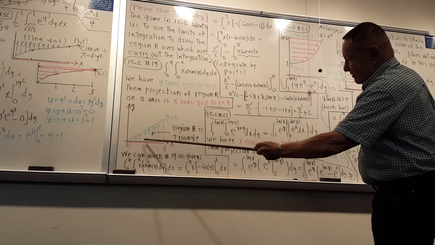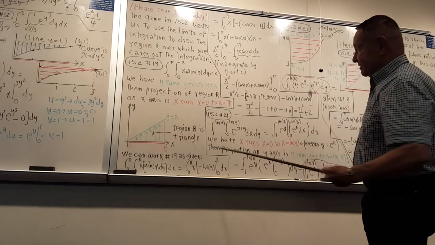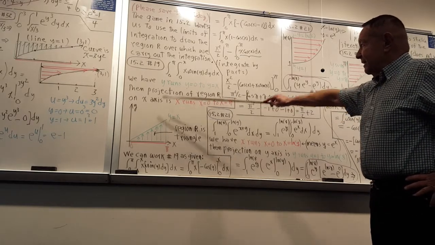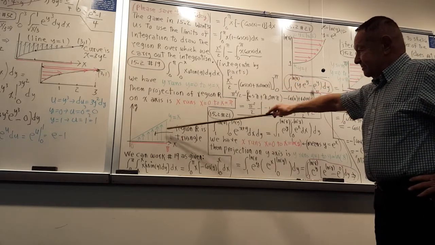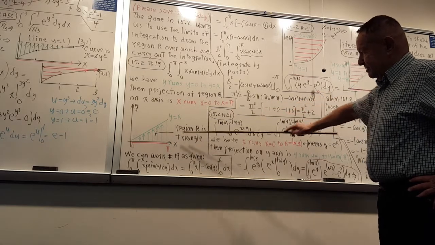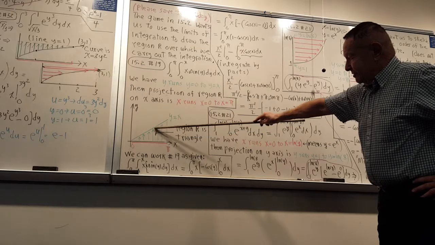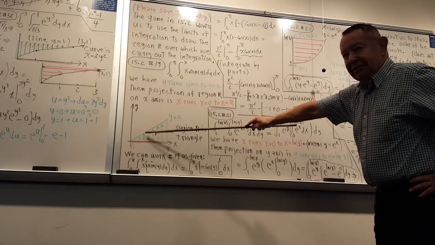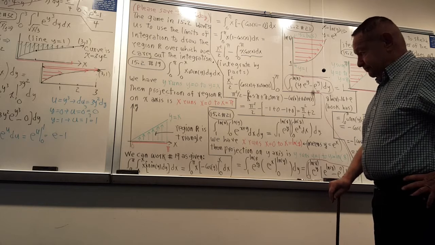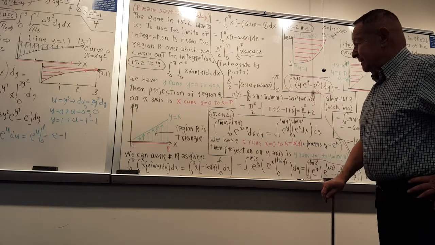See, they all have their tails down here on the x-axis, and they're all ending on the line y equals x. So you're covering the region R, which is this triangle, first the green way, vertically,